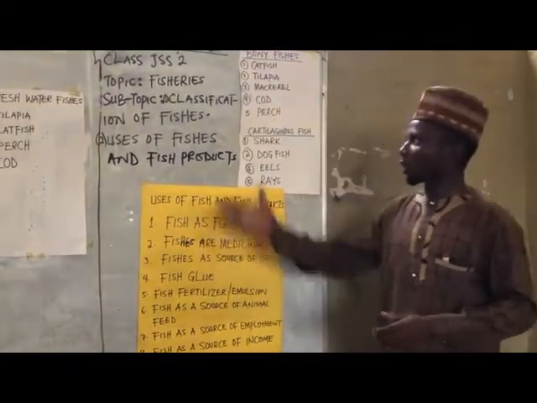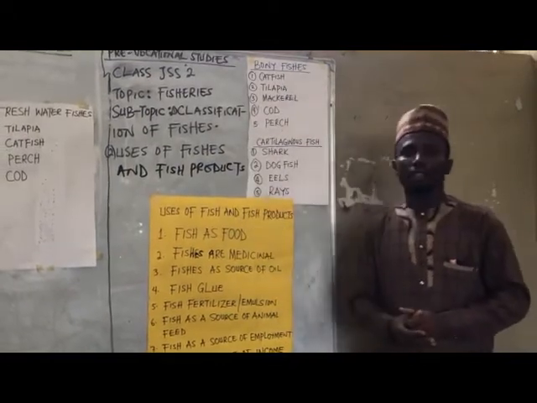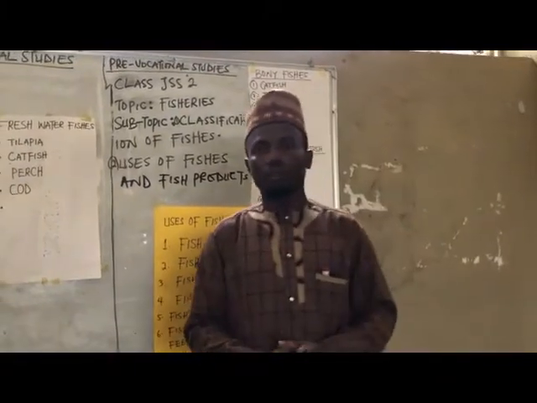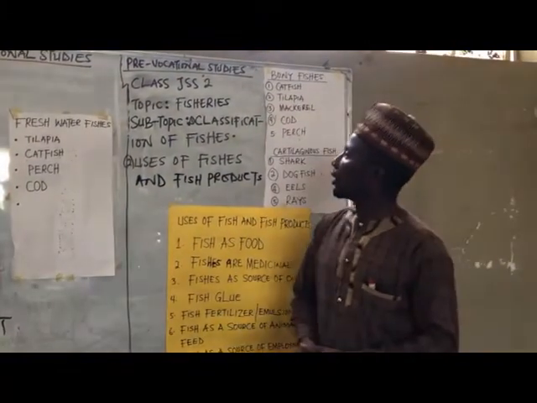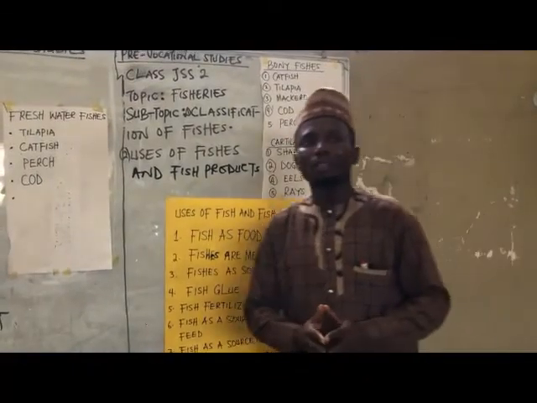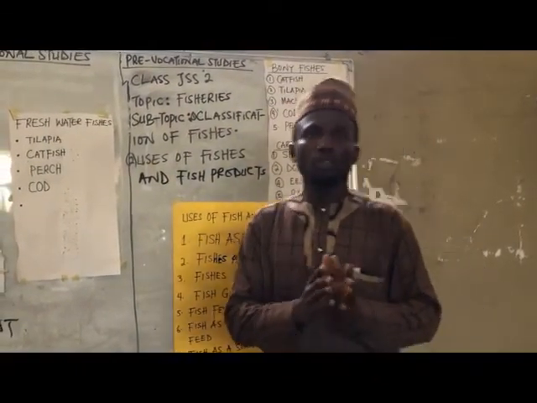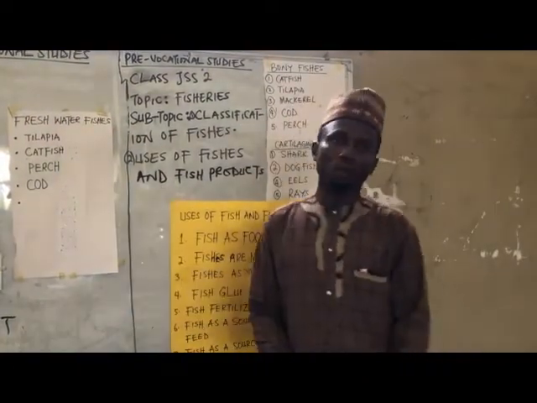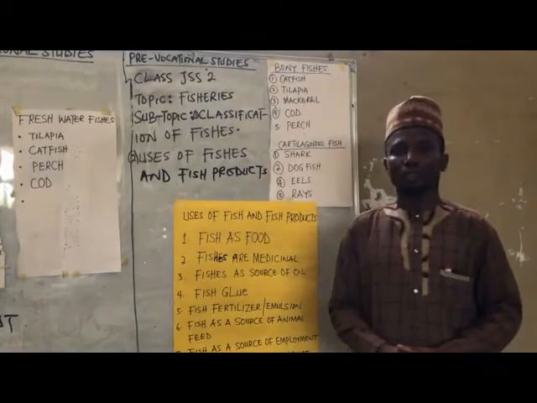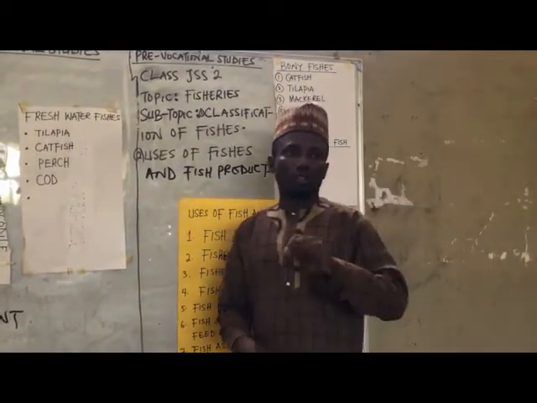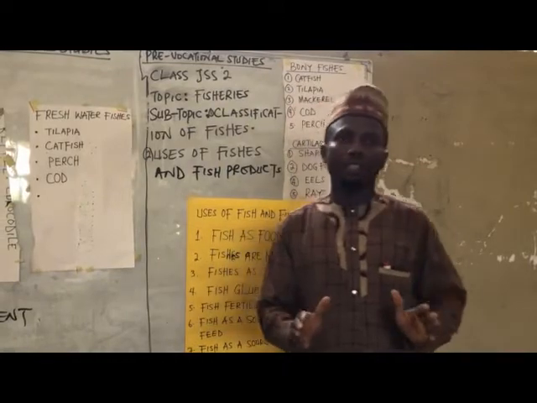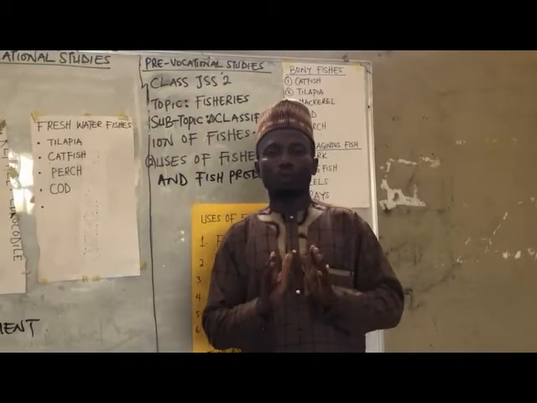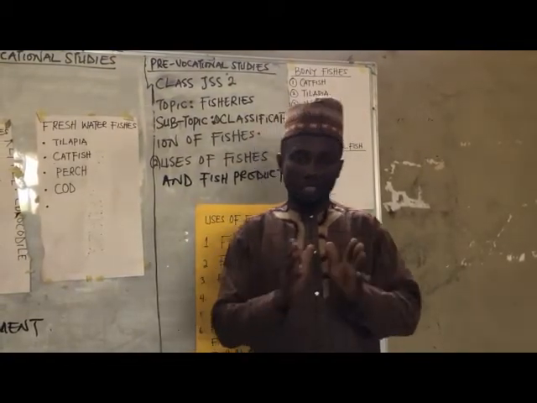And what are we talking about? We're talking about fish here. That means we'll be looking at where they live, which is water. So, we have two different types of water. We have what we call fresh water and salt water. So fishes that are found in fresh water are referred to as freshwater fishes.